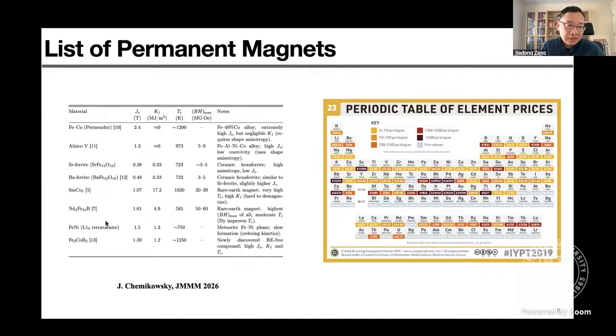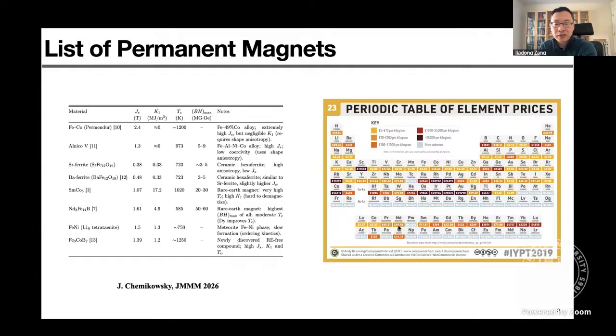This is a list of other native ferromagnets, but you can see that a lot of them contain rare earths. So there is an agenda in finding alternative permanent magnets without rare earths. Actually, rare earths are not rare. This is a very interesting table showing the price of each element. Gold is very expensive. Platinum is very expensive. Once, I had a collaboration with an experimental group on rhodium, and rhodium is even 2 or 3 times more expensive than gold. But rare earth elements' prices are decent, they are just vulnerable in the supply chains. So it's very interesting to find any rare-earth-free